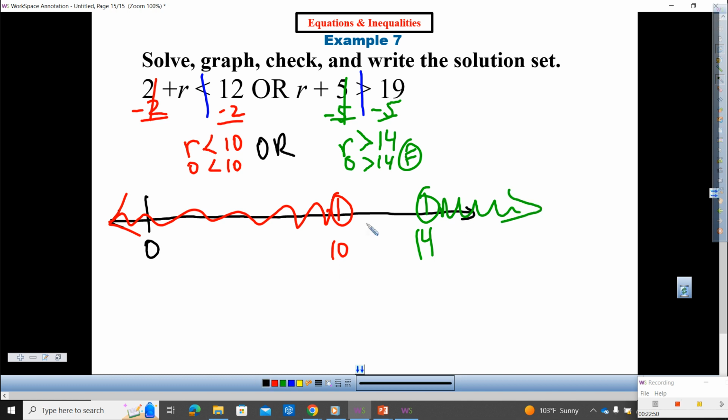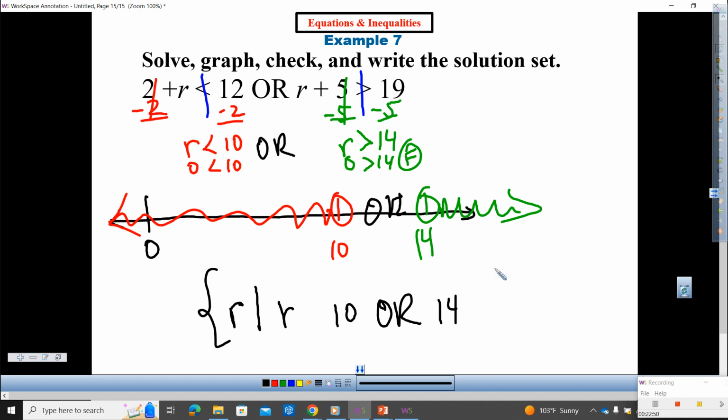And once again, this is a what? Or. Solution set of R such that, so here it goes. What does this shading represent? R, dividing point is 10. We write or. What's next? Dividing point of 14. This is R. Arrows to the left. Do they have anything that's shaded? No. So therefore, we're done. Hands if you got that by yourself. All right. Now,